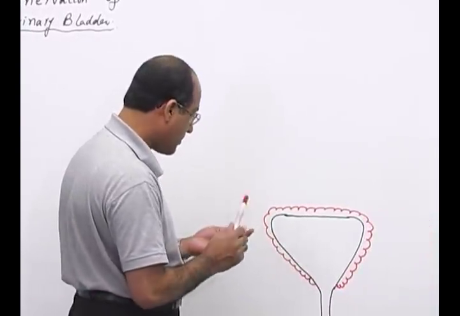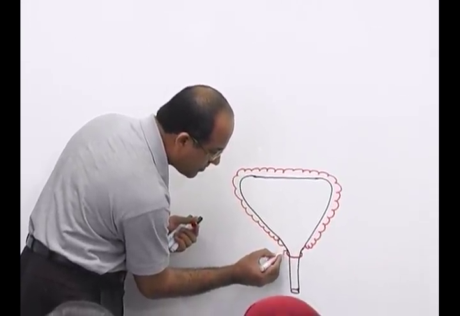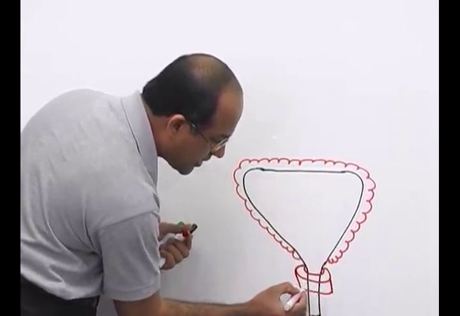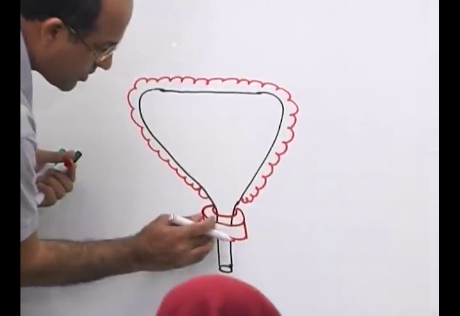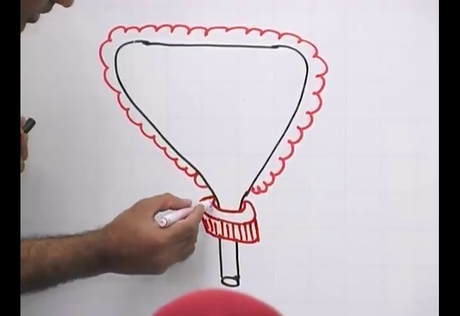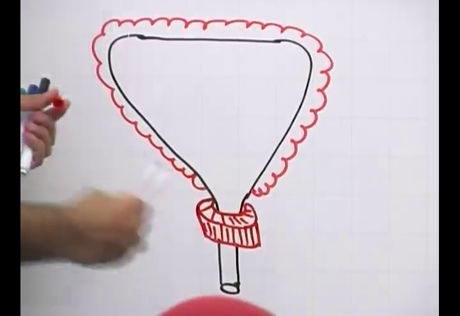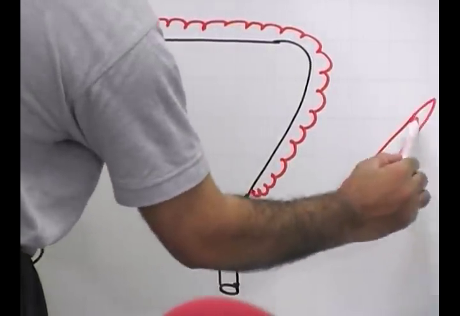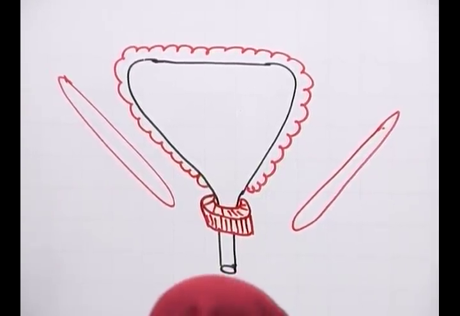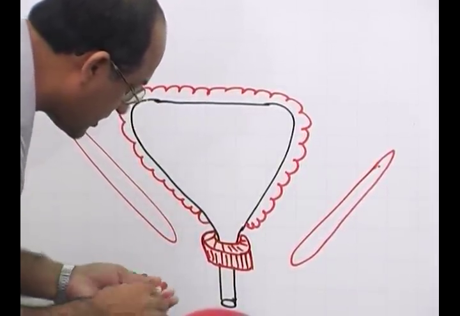Number two, a part of the bladder smooth muscle which is present over here, right? This acts as an internal urethral sphincter, right? This is internal urethral sphincter, right? And below this, of course, there are some pelvic muscles, you know. For example, if this is a pelvic floor muscle, what could be this muscle? Yes, please. Levator. Yeah, pelvic floor muscles. And then here maybe